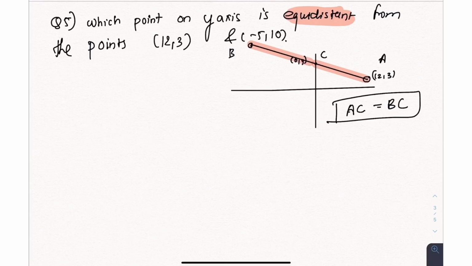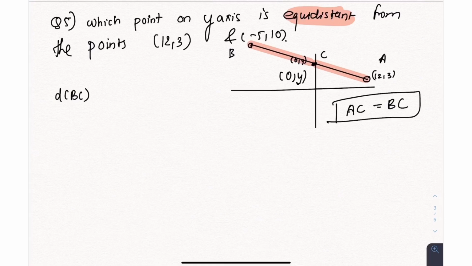Okay? There are different ways in which they can ask you the same question. So whenever they say points are equidistant, or C is the midpoint, or the two lengths are equal, in this case, what we are going to do is equate them. So for example, suppose you have to find distance BC. I'm just rewriting this thing. This is (0, y), since this is not visible to you. So this is (0, y).